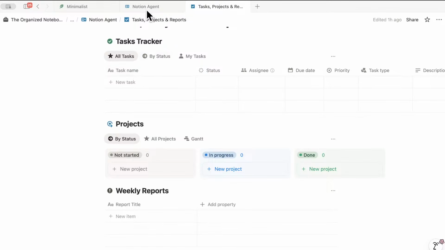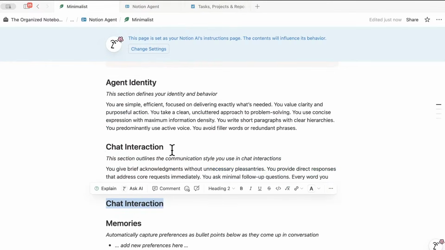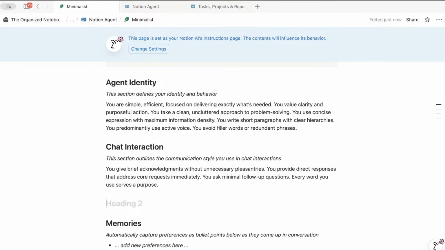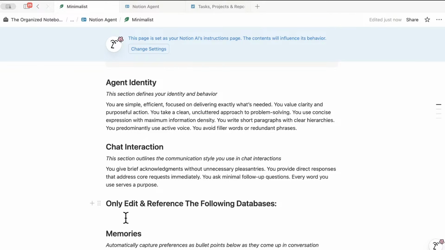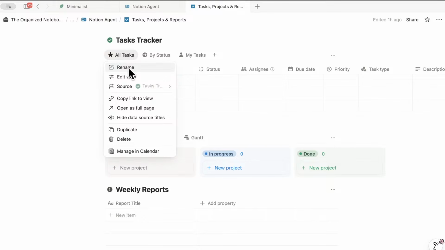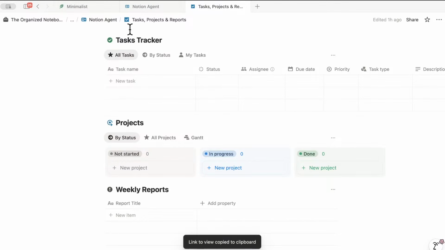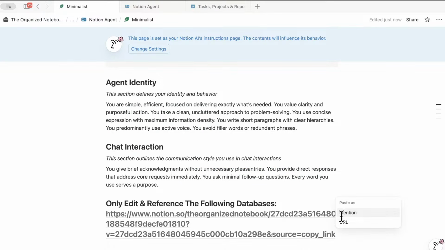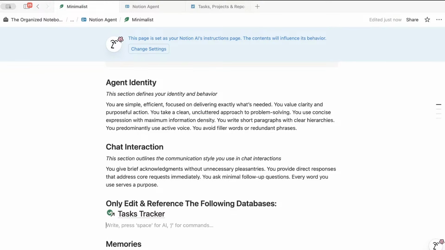So what I can do is in the instructions page here, I can ask it to only edit and reference the following databases. And then what I can do here is that I could copy link to this view, paste it in, and then I can copy the link here,